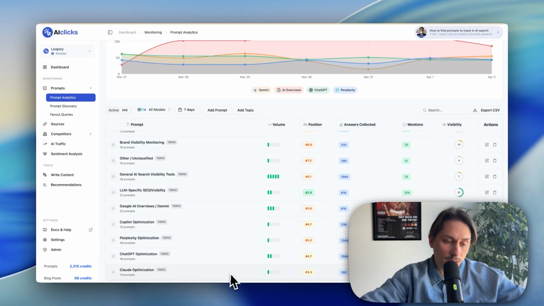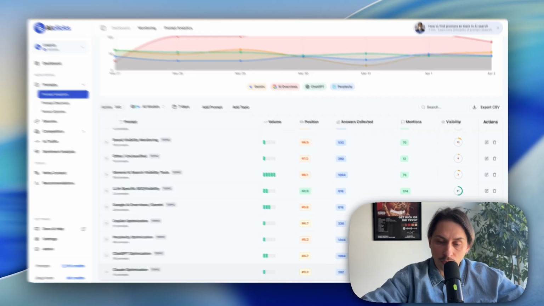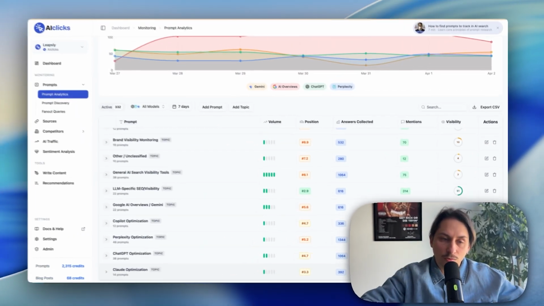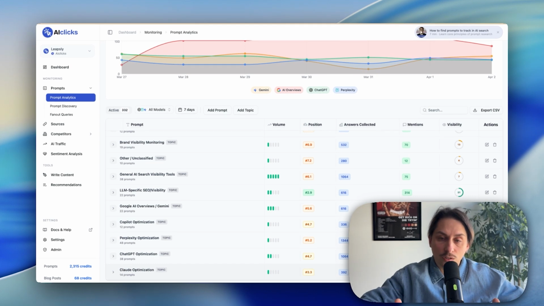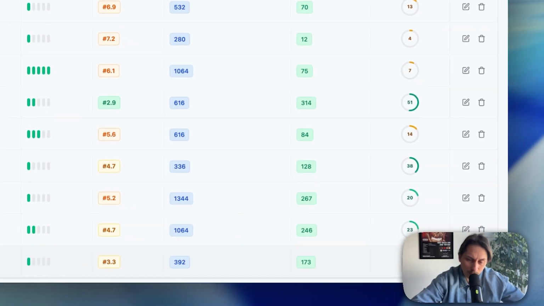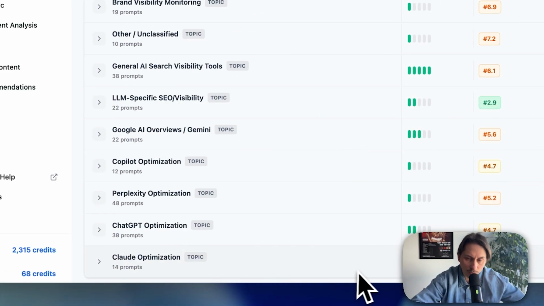Here is an example of how we think. I see Claude optimization has a low volume of searches, but we are very well associated by LLMs in that topical cluster, which has 44%. Meaning from the 100 answers collected, 44 answers contain our brand name, and that's our brand visibility. And that would mean that most likely I would skip this topical cluster in my